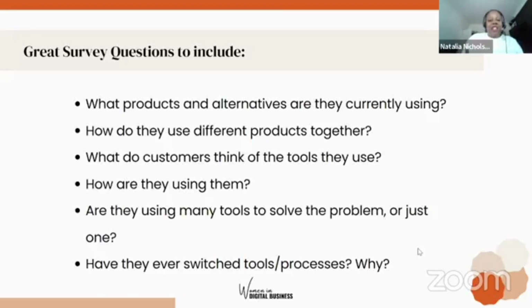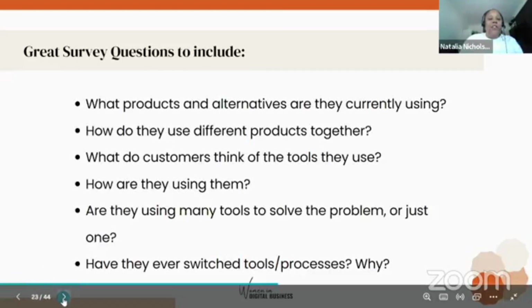That's why that first title slide said value proposition. It's making sure what you're proposing to your customer, your product or service, it's for them, it works. They feel like, oh my gosh, why have I never thought of this? This is brilliant. It's a no-brainer. They just want to buy from you. And to do that, you have to understand their why. So surveys are a great way to find that out.